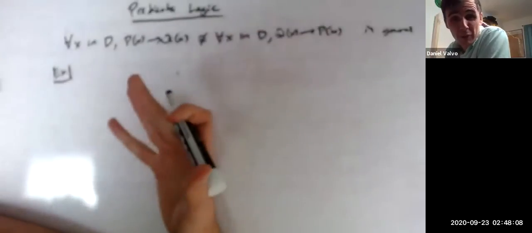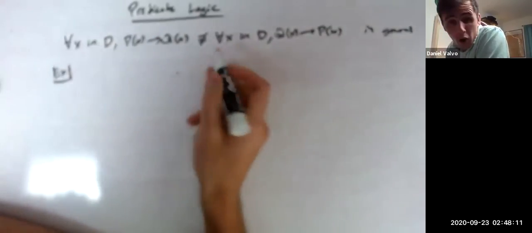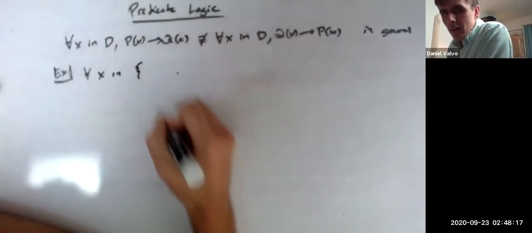So for example, if we're looking for a specific particular case where they are equivalent, it's not saying it works in general, because where they are, we could say, let's say for all x in